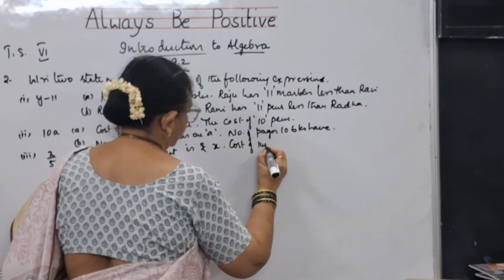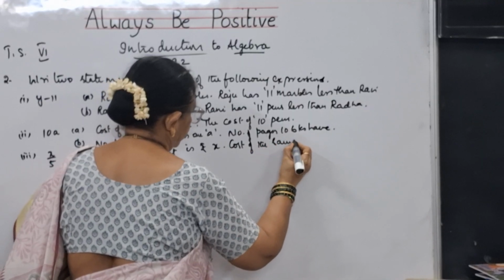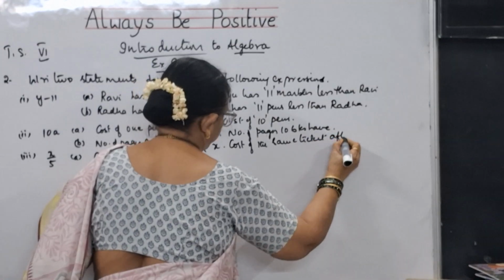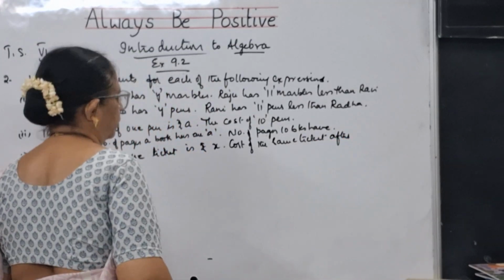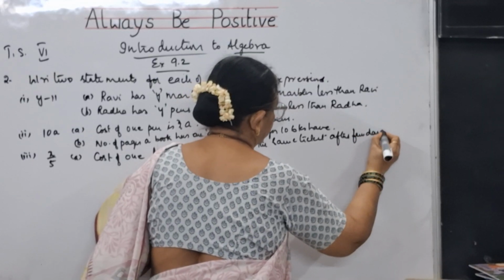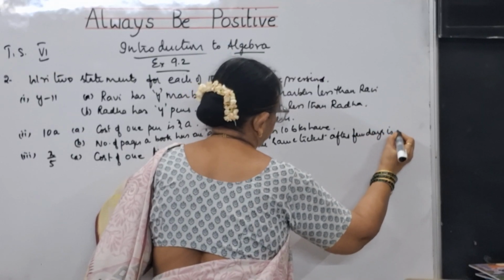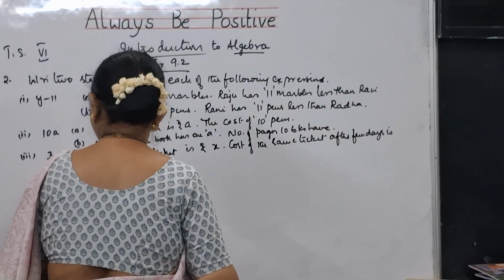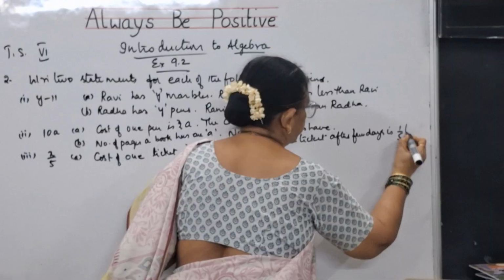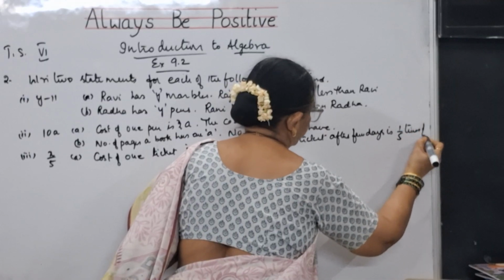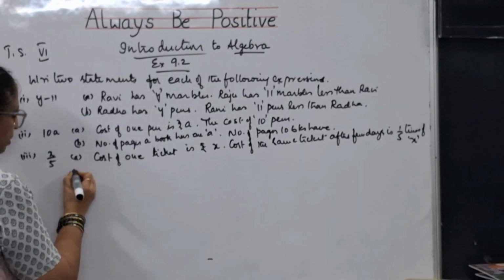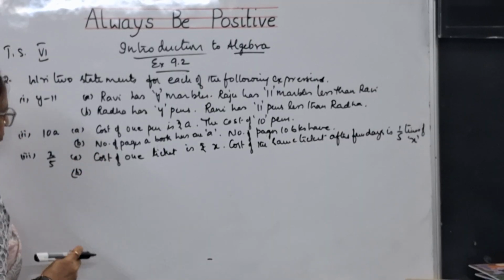Cost of the same ticket after a few days is x by 1 by 5 times, 1 by 5 times of x. Okay, this is one statement you can write. And the next one is